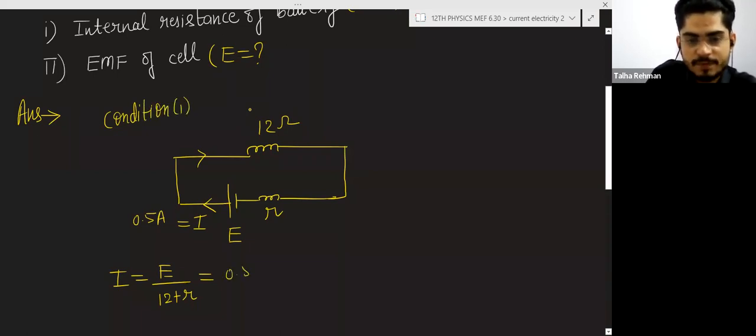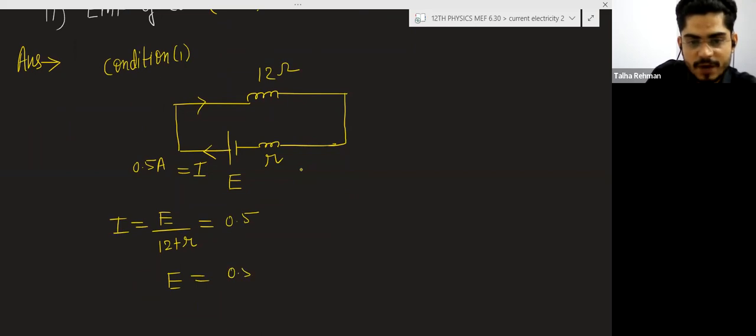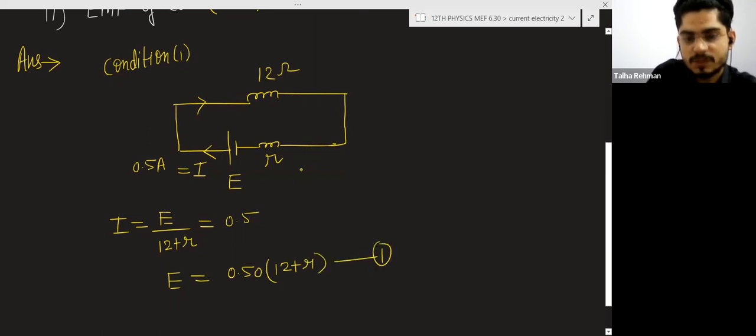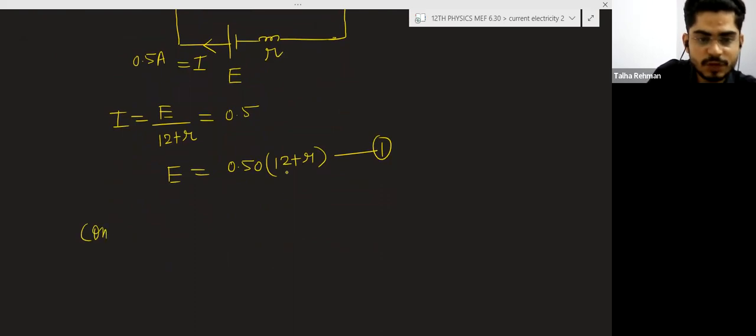So this is 0.5. From here you can get E equals 0.50 times (12 plus R). This is equation 1. And now, for condition 2, when you read the question,